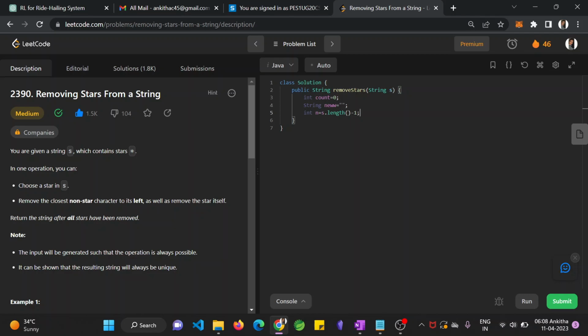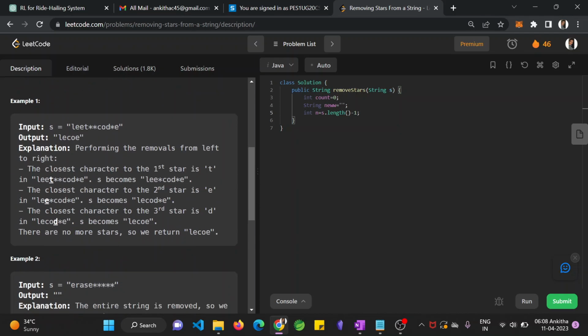Why minus 1? Because we are iterating backward, right? So that's why I should be pointing to the last index of the array. So this last index is stored in n. Then for int i equal to n, i greater than or equal to 0, from the last index till the first index, and i minus minus. If s dot charAt of i is not equal to star and count is greater than 0,